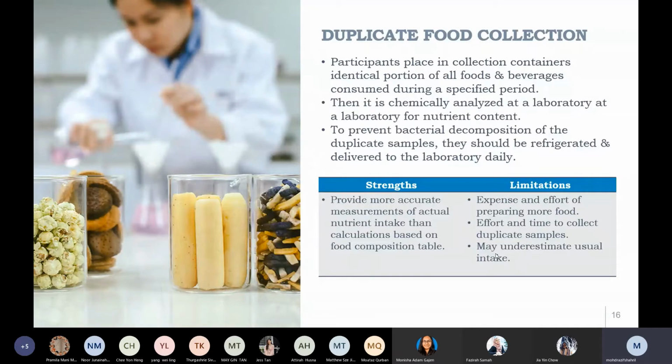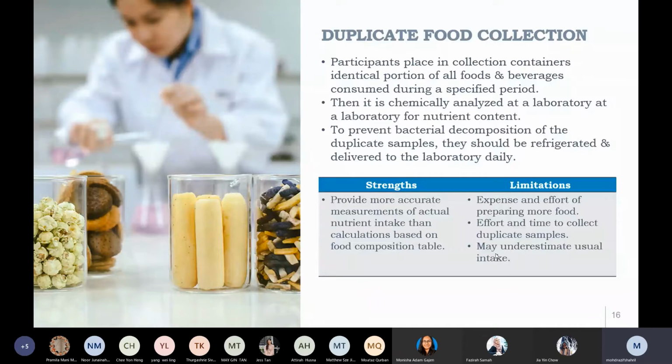But the limitation is the expense and effort of preparing more food. So if they have to buy, then the researcher must provide some money to them, some allocation for them to duplicate the food collection. But if they sample foods that are cooked at home, they have to prepare more food than usual because they have to put aside an identical portion in the containers for the researcher. Therefore, the time to collect duplicate samples will also be a limitation for this method,